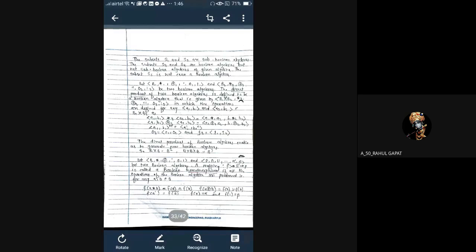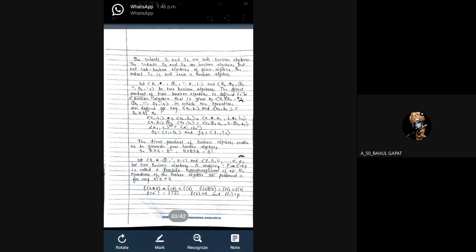For this we take two ordered pairs of elements, A1 B1 and A2 B2. Then the direct product is defined as A1 B1 star 3 A2 B2, that is equal to,